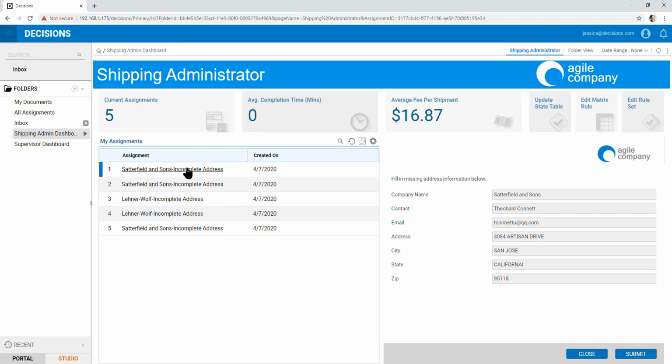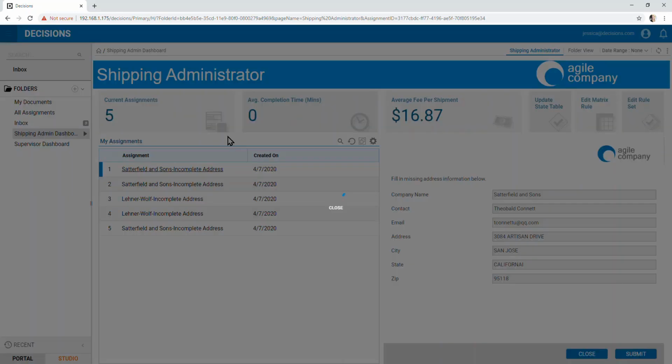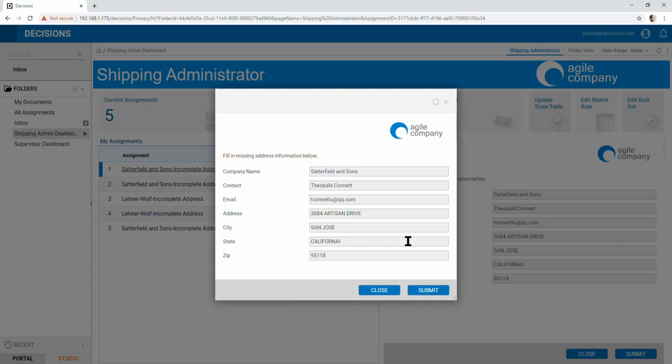So our reports are actionable. I can right click here, and I'm just going to have that same view that I have on the dashboard as well. Now we can see that California is spelled wrong here. So that's one of the reasons why this assignment was getting generated. Another reason that this assignment was getting generated is because it was not able to turn California into the abbreviated